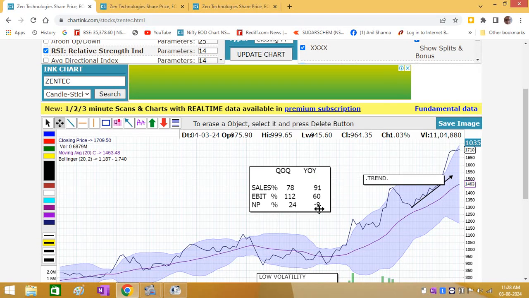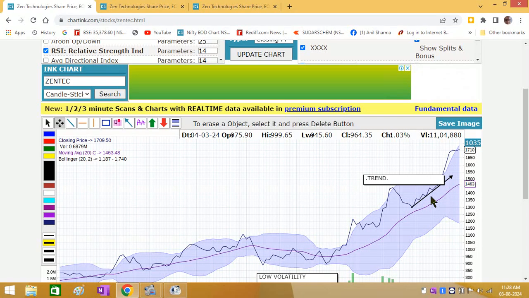Now, since we are dealing in the short term, therefore I say this QOQ is the most important. However, it would have been excellent if the year to year growth was also positive. But since Zen Technology, as you know, is basically dealing with the government, you can understand the issues with the government and the private companies. Now you see, first of all, the stock is strong and the trend is up. So one thing is clear, when the trend is up, we will 100% make money in this.